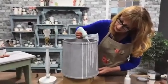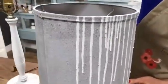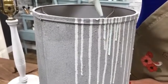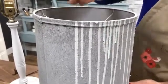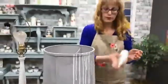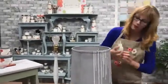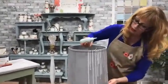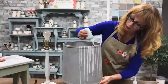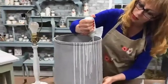Can you all see that? See, now it's kind of going over top of the other color, but that's fine. It's not meant to be perfect. Let me just give it another shake here. Okay. There's something stuck in my little...